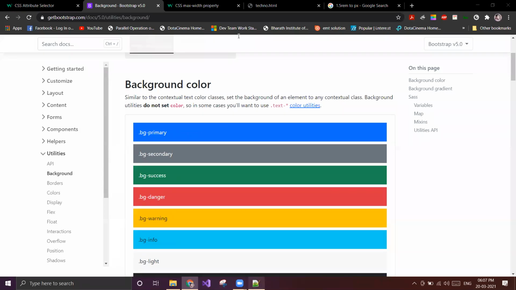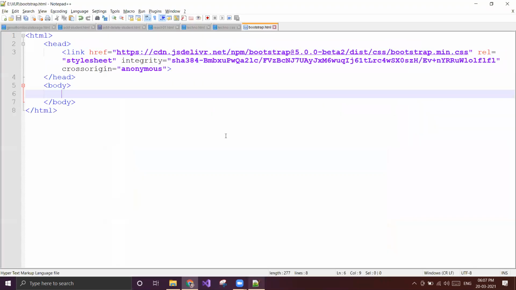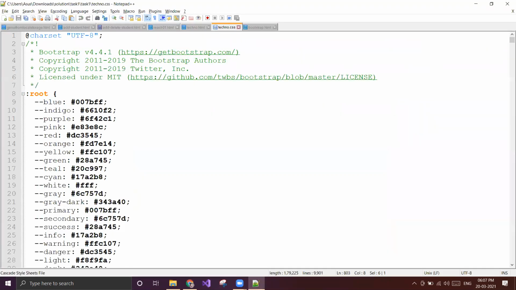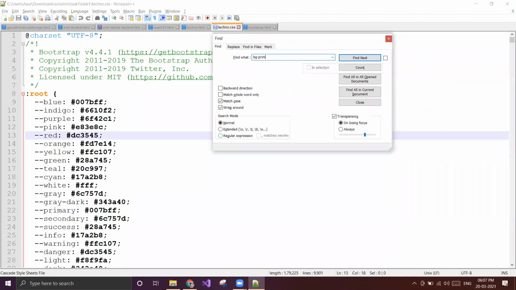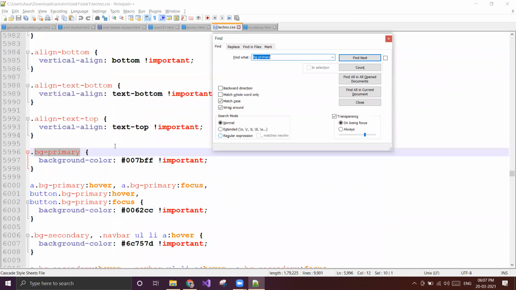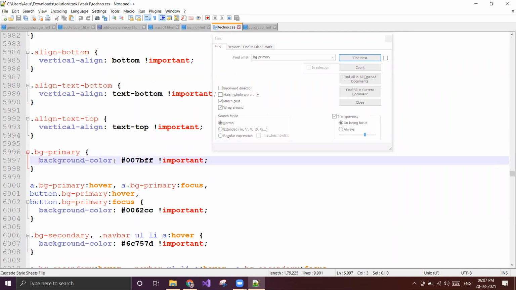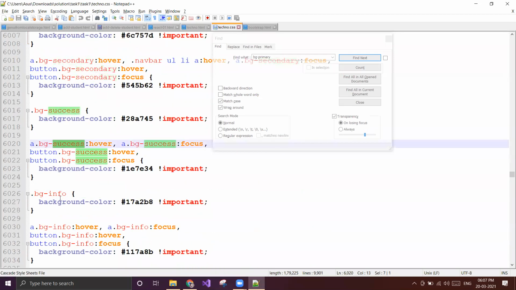If I go to this Bootstrap CSS file and search BG primary, there is already a class called BG primary and it has background color 007BFF. Like that, BG secondary is there, BG success is there, BG info is there. Already classes are there, so we don't need to create the styles for it.